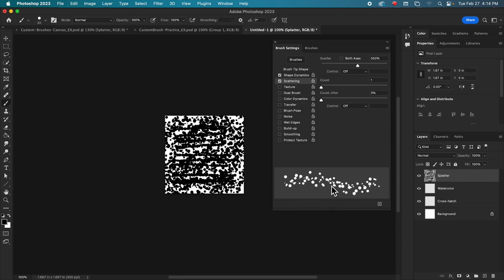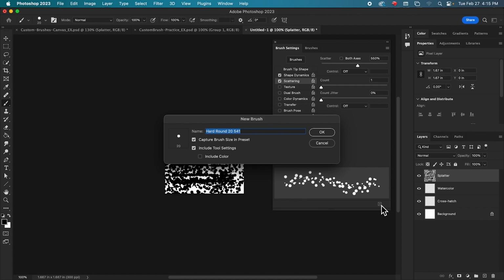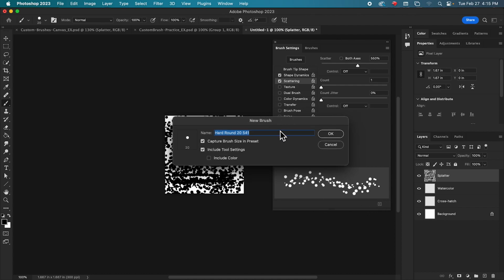Now, in order to save these settings so that I can keep this brush, I'm going to go down to the bottom right hand of my brush settings panel and click this Create New Brush button. It's a square with a plus sign in it. Now it's going to ask me to name the brush.